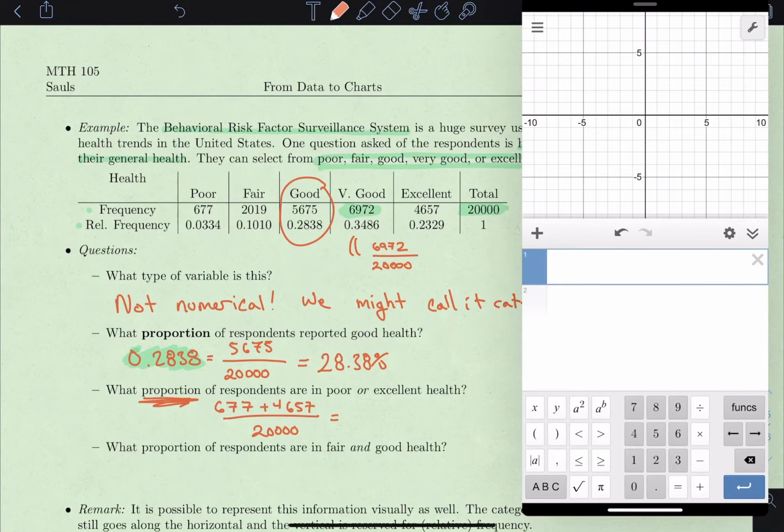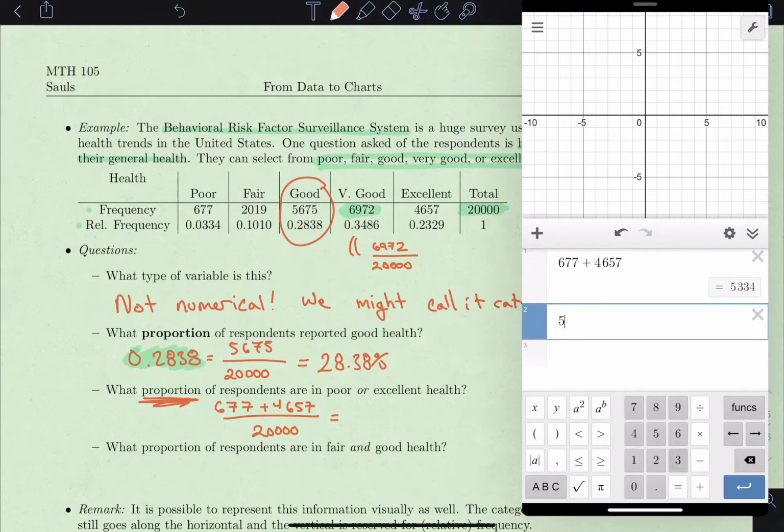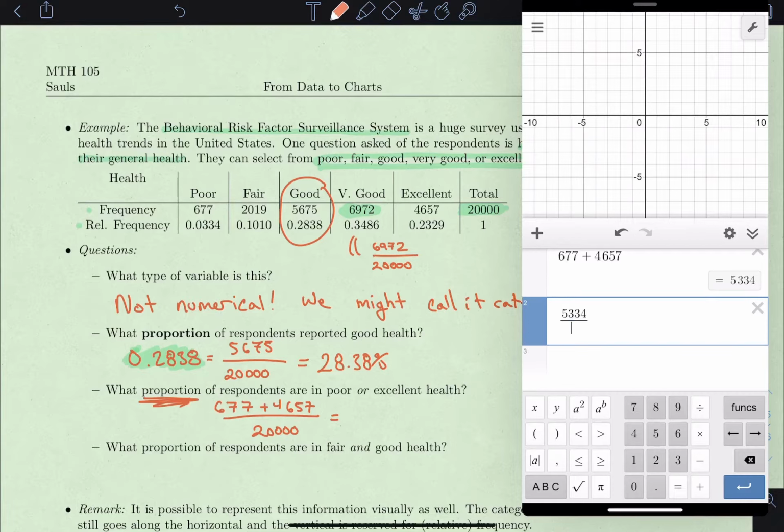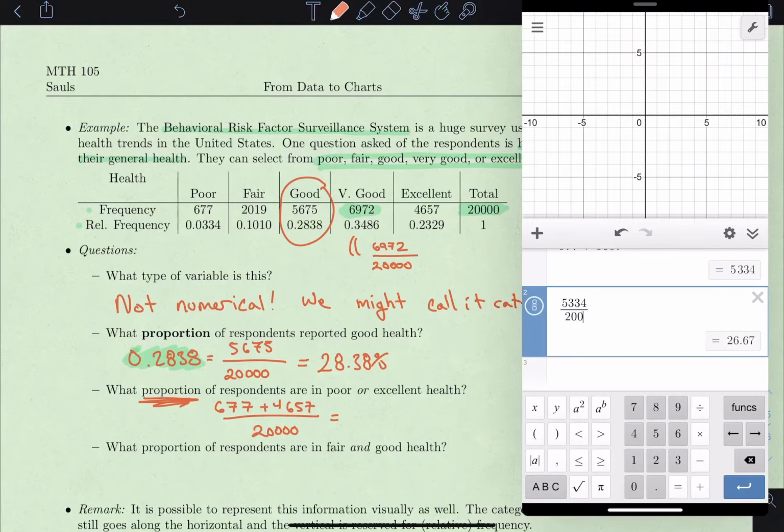And so if we bring our calculator in, that's how many, 5,334 is how many people responded as either with poor health or excellent health. And as a fraction, as a decimal, it's